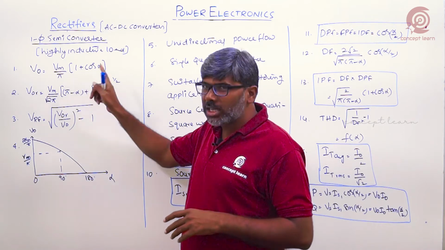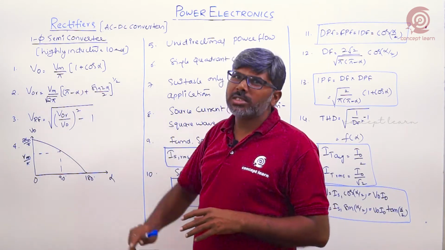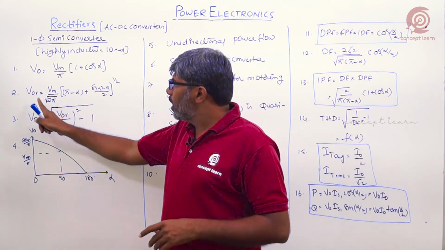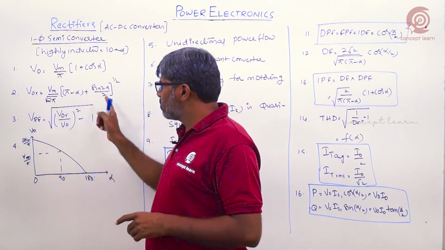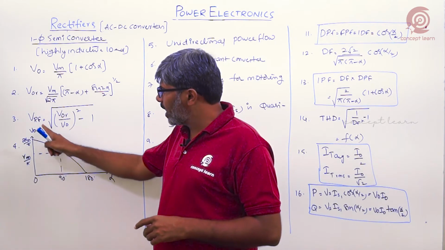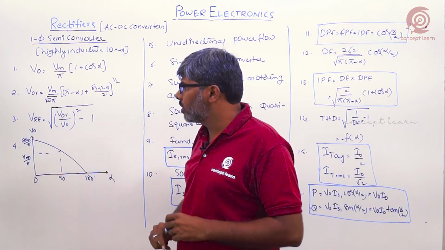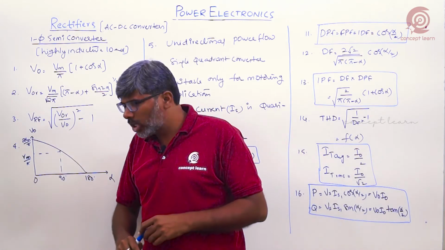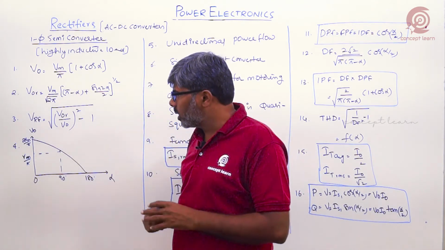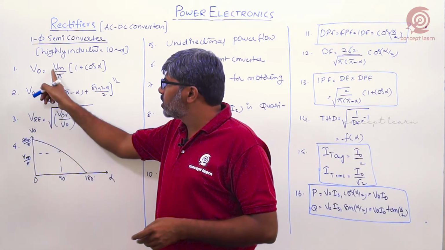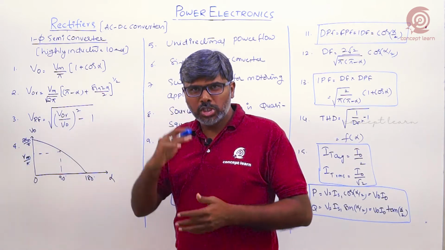Again, the conduction is continuous for the current, but the output voltage is discontinuous. Now coming to the RMS output voltage, this is the expression. Then the ripple factor would be calculated using these two values, again the square root of form factor square minus 1. Now coming to the variation of output voltage with respect to firing angle, a very important thing: at 0 firing angle, V0 is plus 2Vm by pi, the positive peak.